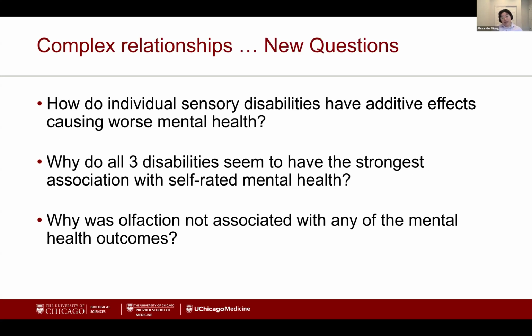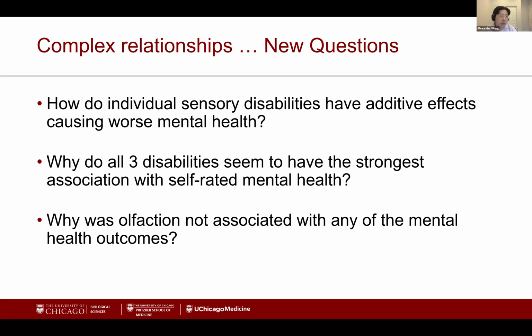And those findings in and of themselves were interesting, but I think with any scientific process, once you get interesting results, it opens a whole new can of worms and shows us new complex relationships and new questions that we have to ask ourselves. These are the ones that we discuss, and I'll talk through each one of them individually. But the three that really came to mind for me when I saw this initial set